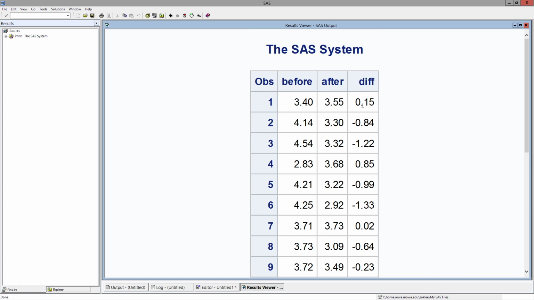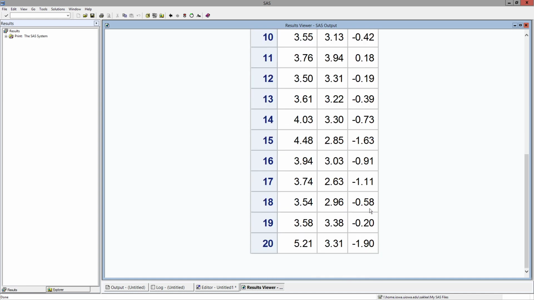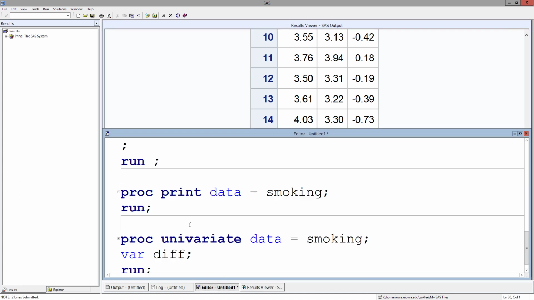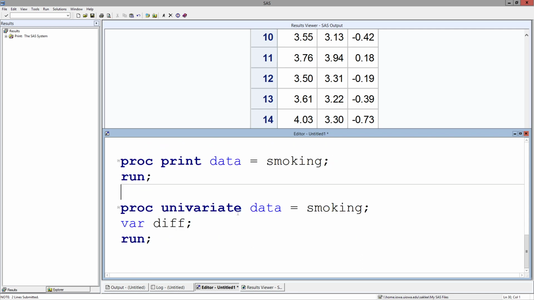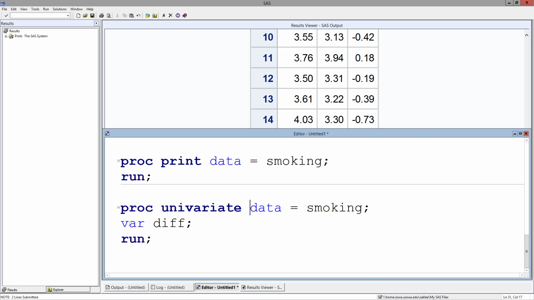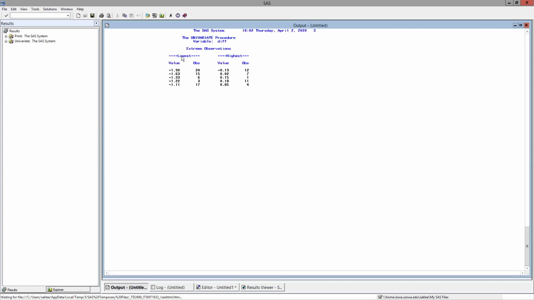So we have one column, and that data set has 20 data points, and using this I want to do a one-sample t-test. That t-test we can do with just proc univariate data equal to smoking, and by setting our interest variable as DIFF, this proc univariate only uses the DIFF variable. Okay, so if you run this code, you will get